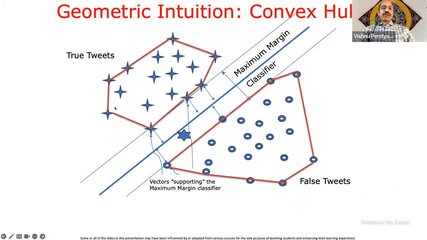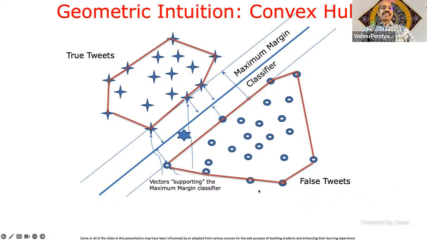When is a shape not convex? When it is dented, like somebody has eaten into it. Suppose this point was inside and we somehow draw the boundary like this. Then if you take points here and here, the line joining the two points wouldn't be inside the shape. So that would be a non-convex shape. But in machine learning, mostly we deal with convexity.